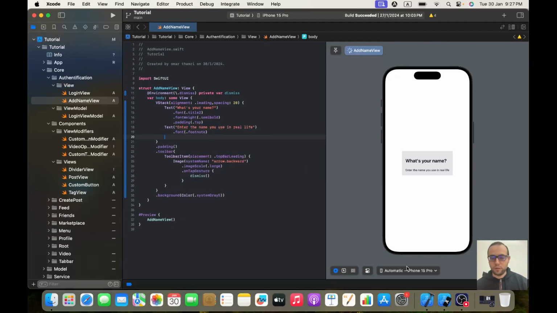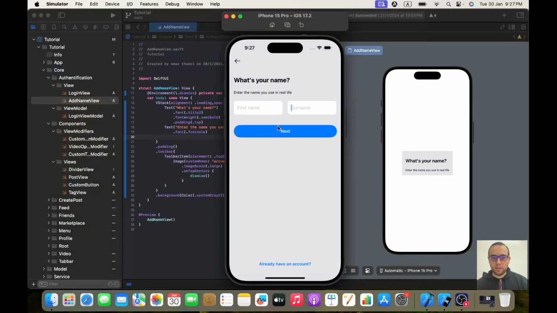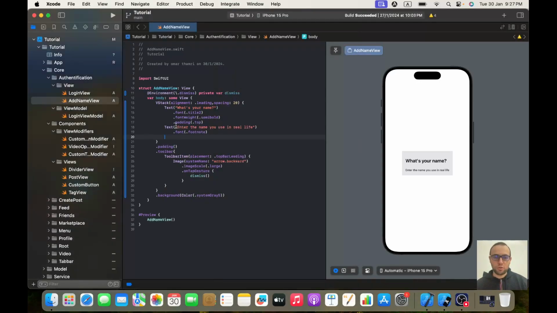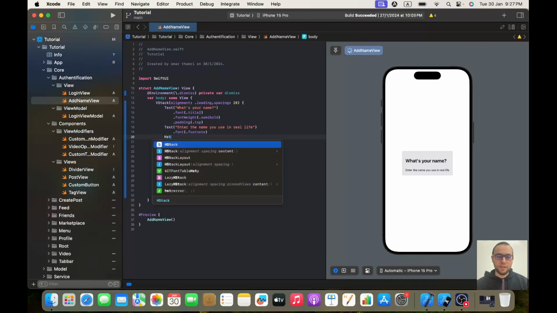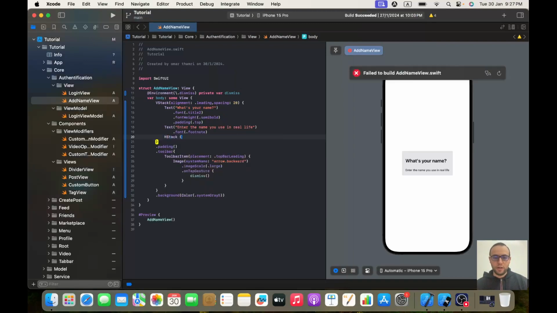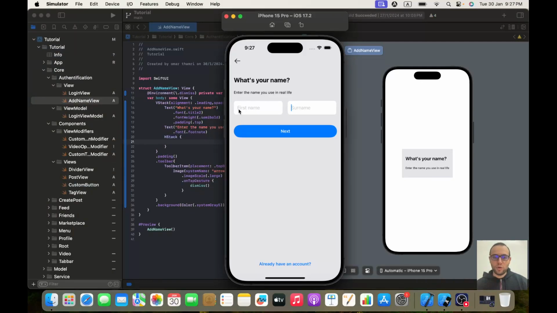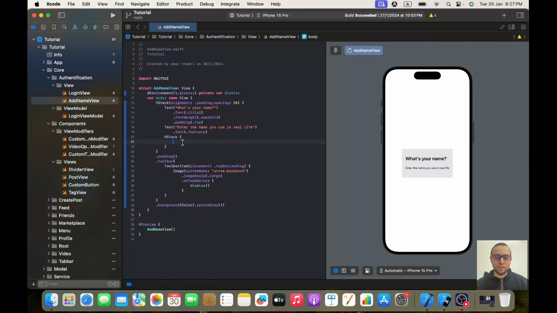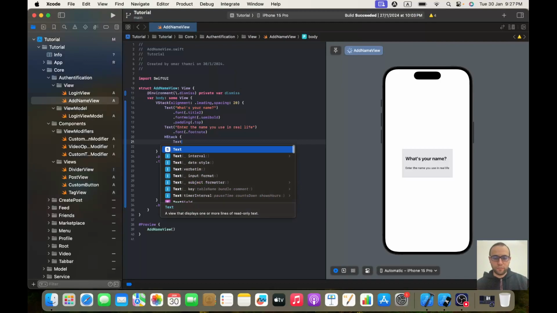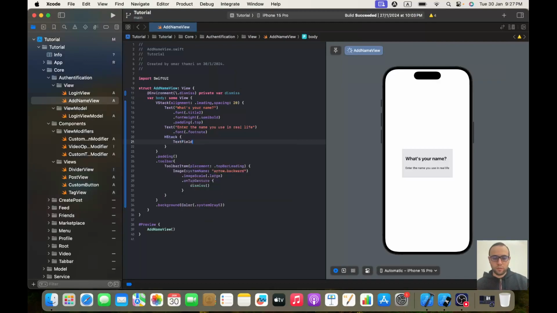And then I will have an HStack, and inside my HStack I will have this one, which will be a text field. It will be first name,